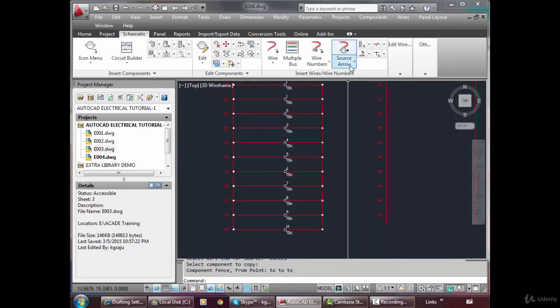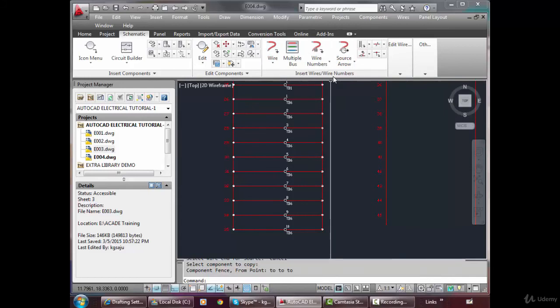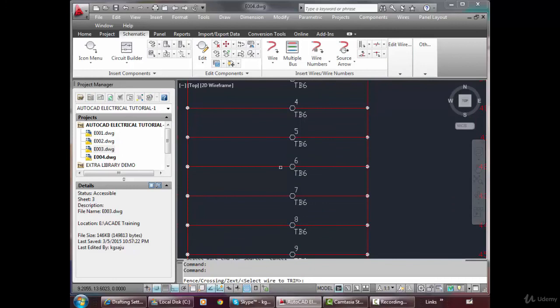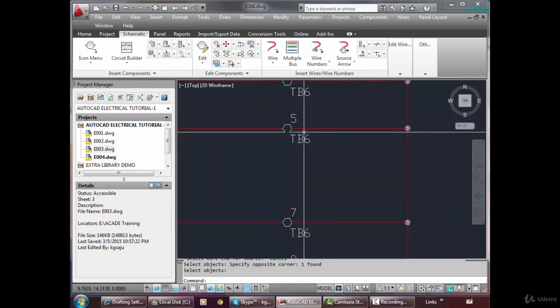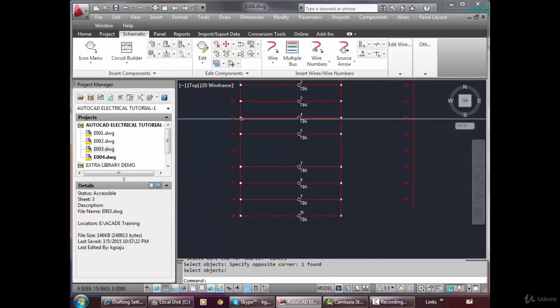Suppose in this case, after putting some relays, contacts and all, you may require to trim a few wires. You may not require a few wires. So in that case, see, now I don't want these wires. So anyway, you have to delete this terminal as well. But you see, now the sequence has shattered. 6 is missing, 7. You want to change this.